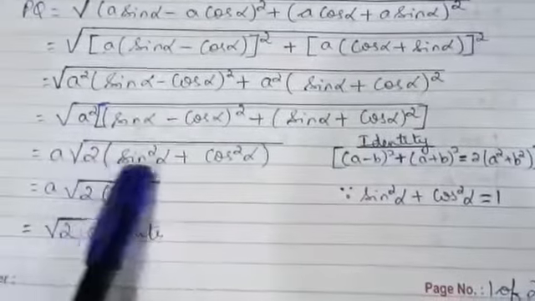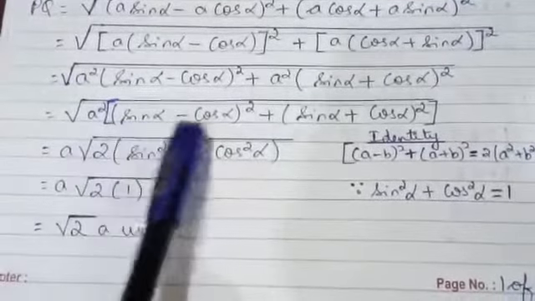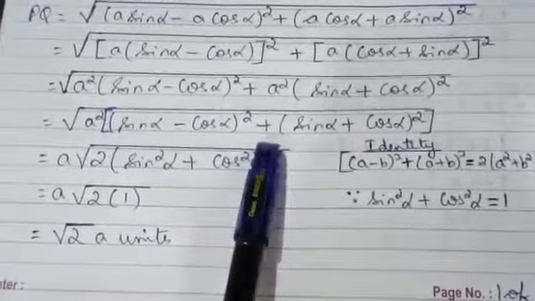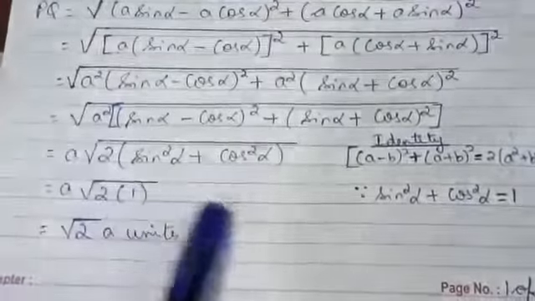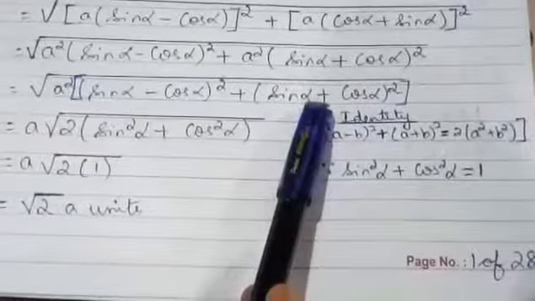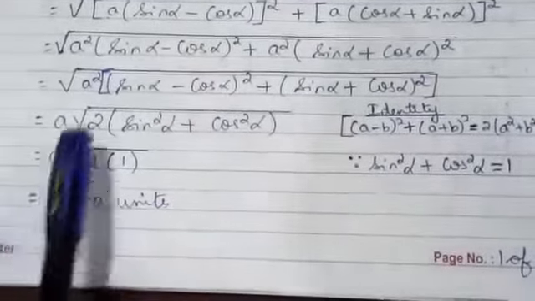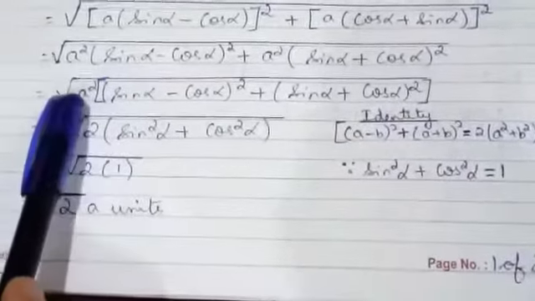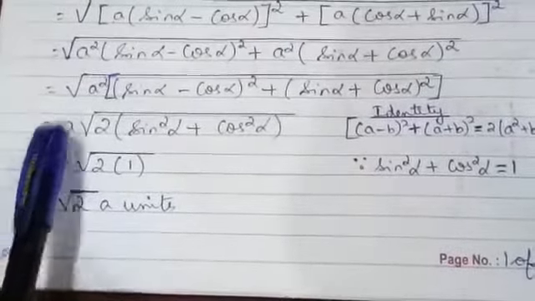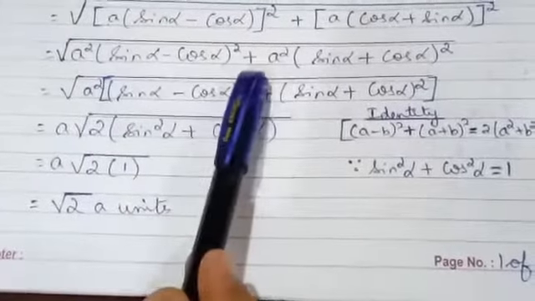A square into sine alpha minus cos alpha the whole square will give us the first term here, plus a square is common, so a square into sine alpha plus cos alpha the whole square will give us this second expression here. So now under the square root we have a square, so it comes out as a. So now when a square comes out as a, we have sine alpha minus cos alpha the whole square plus sine alpha plus cos alpha the whole square,